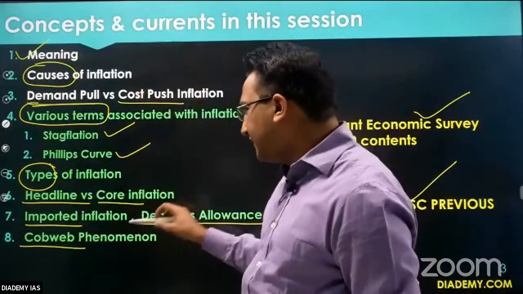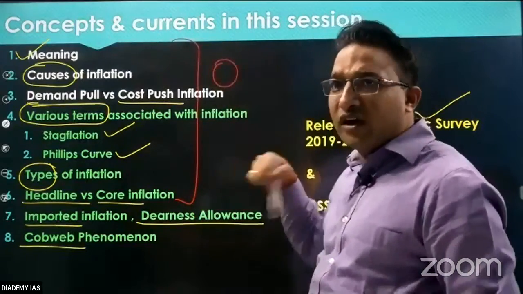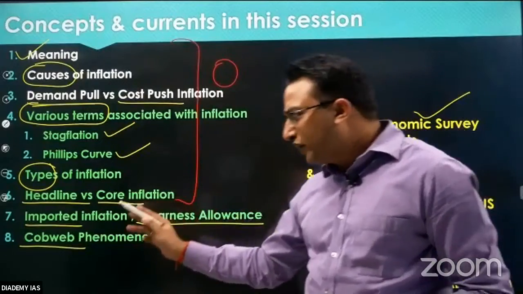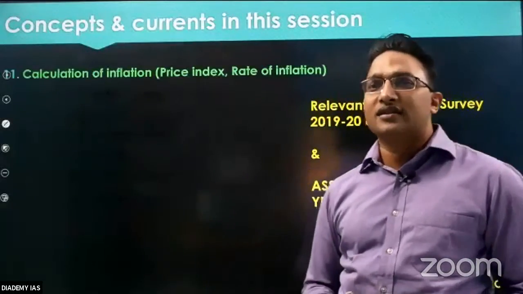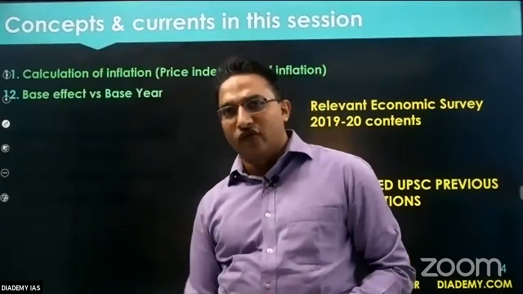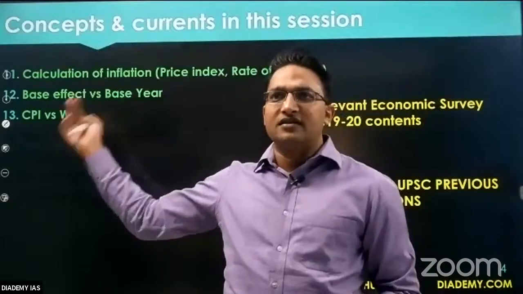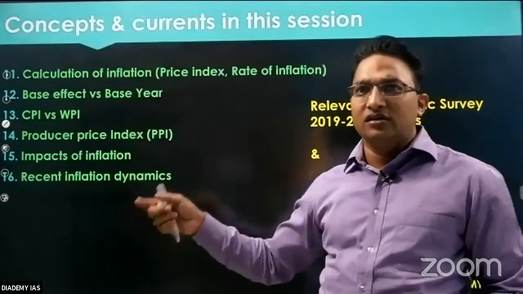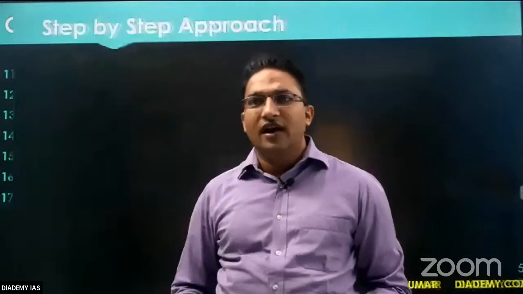Most of these things, यहाँ तक हम लोगों ने लास्ट क्लास में डिस्कस कर लिया था, तो हम इसको फटाफट से क्विकली रिवाइज करेंगे. And these new things, imported inflation, DNS allowance, cobweb phenomena, all these things we will discuss today. उसको हम आज डिस्कस करेंगे. Apart from that, we will discuss the calculation of inflation, the base effect versus the base year, the CPI versus the WPI, the producer price index, impacts of inflation, recent inflation dynamics, how to control the inflation, and all of